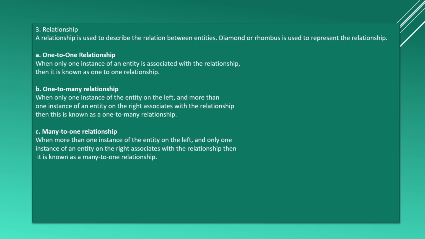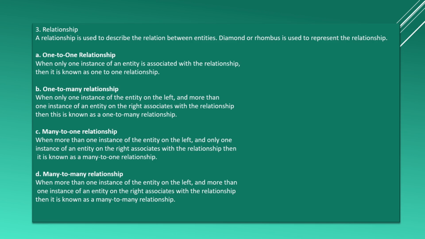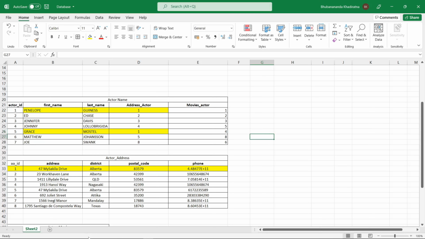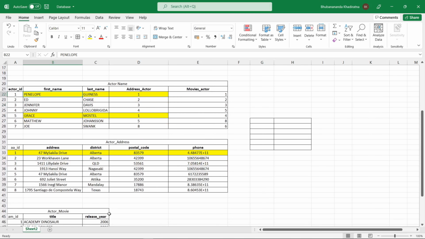And the last one is many to many. When more than one instance of an entity on the left table is dependent on more than one instance of the right table, it is known as a many-to-many relationship. For a many-to-many relationship, we have to create another table which contains both foreign keys. If one actor has multiple films in this table and one movie has multiple actors,